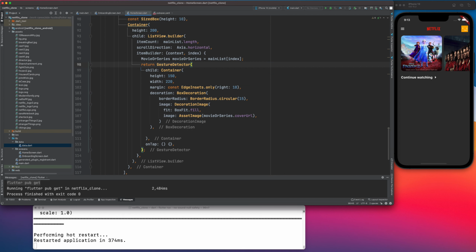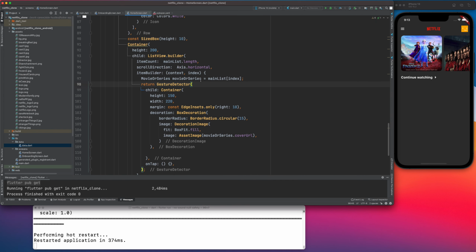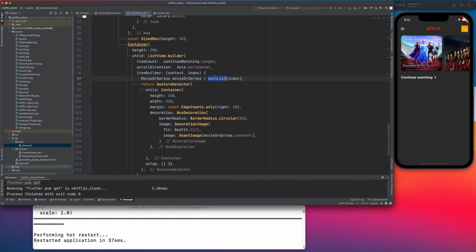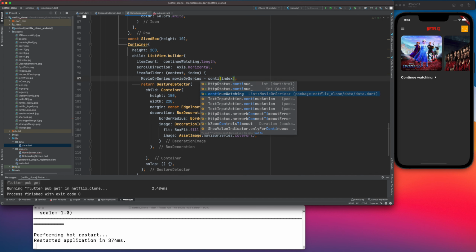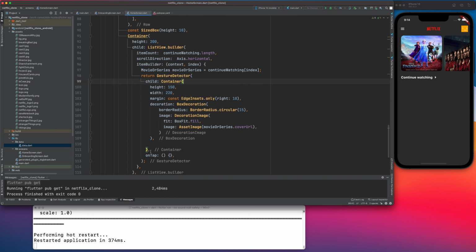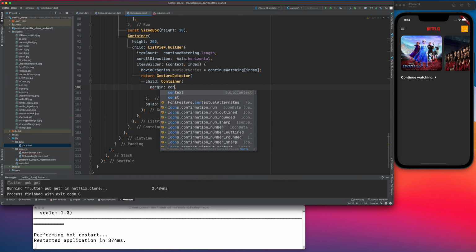Or wait, is this correct? New gesture detector, continue watching. So here we'll have continue watching list, and then here continue watching index. So once I have that, I think inside the container I can change things. So this is my container. Inside the container I can change things. So what I can do, I can do a margin,